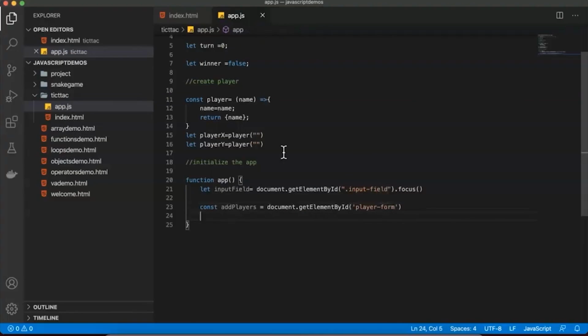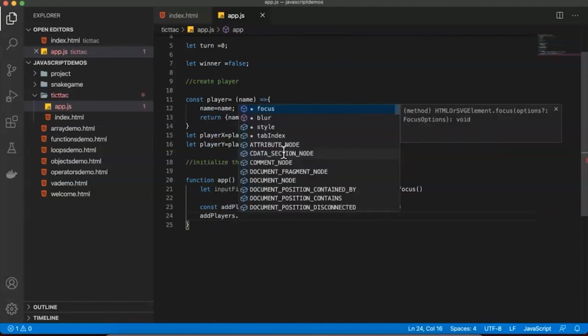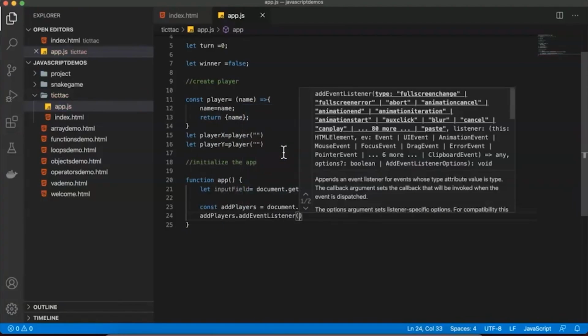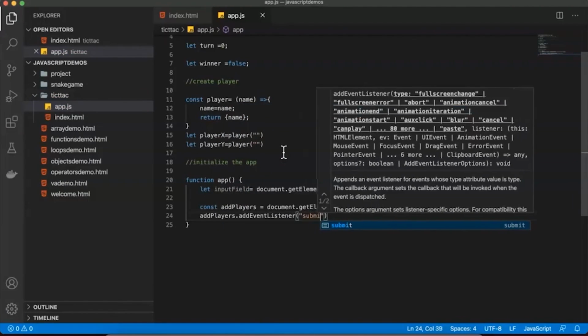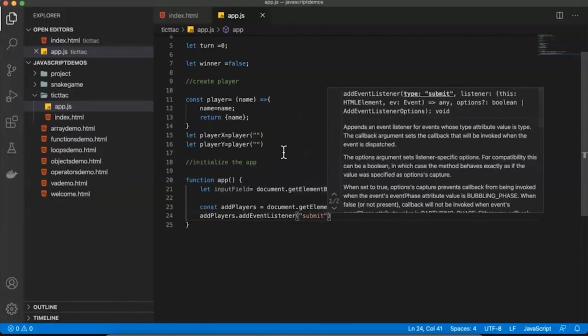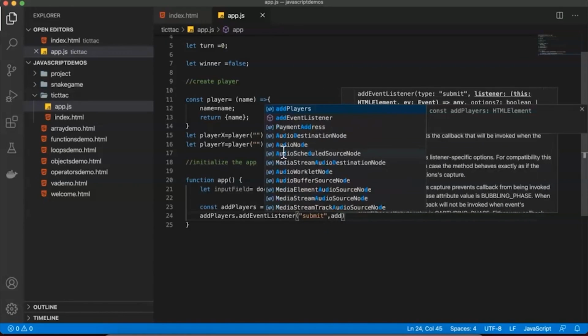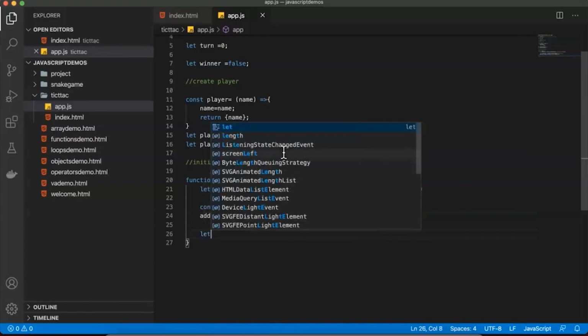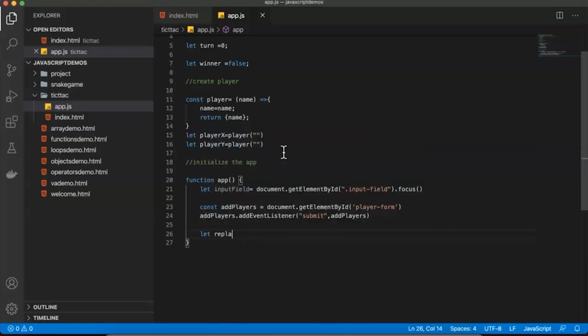Okay, next we are saying addPlayer dot addEventListener. We want to attach the event. On which event? Submit event. And what logic? addPlayers. Once the players are added, we are saying let replayButton equal to